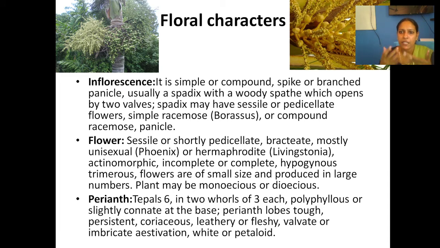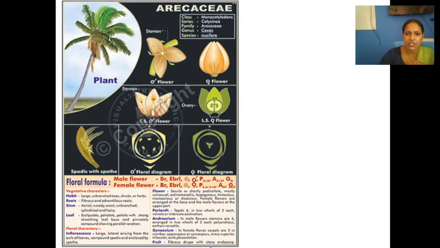Now we are going to talk about the perianth because there are tepals. Six tepals are there, arranged in a 3 plus 3 fashion. And when you touch the tepal, it is very soft, not that hairy. It has an imbricate aestivation. This is a diagrammatic representation of our plant Cocos nucifera. Here you could see the trimerous condition, and the number of stamens is double, 3 plus 3 condition, 6 stamens are there.